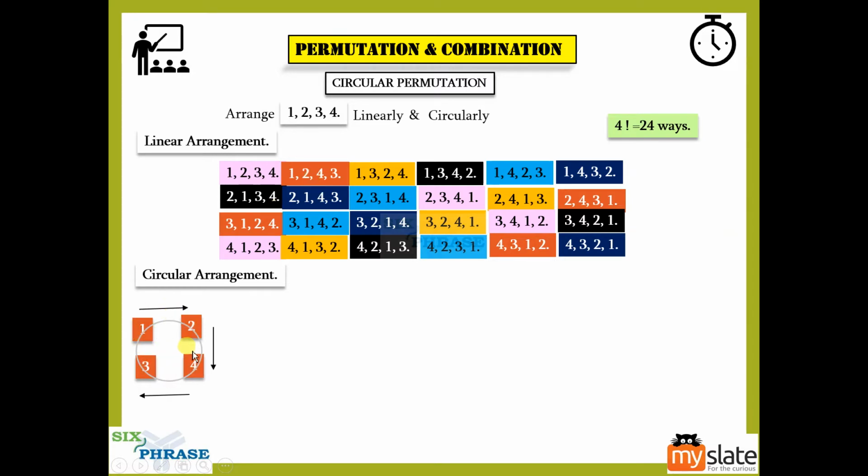Now we need not stop there. Starting with 2, what do we have in clockwise? 2 4 3 1. See, 2 4 3 1 is also in red. Yes, we've covered that. What it means is we've covered that possibility. Now starting with 4, what do we have? 4 3 1 2. See, 4 3 1 2 is also in red.